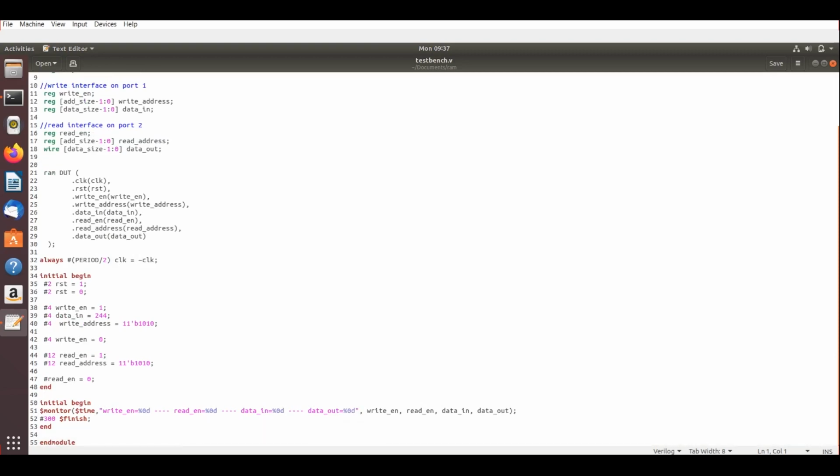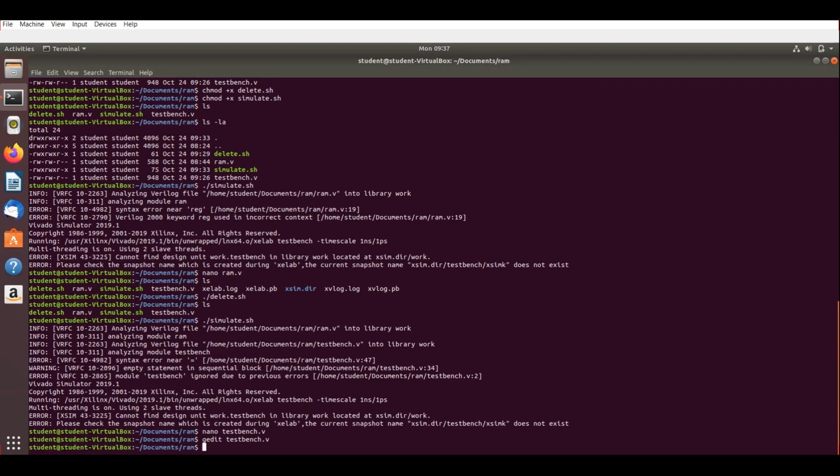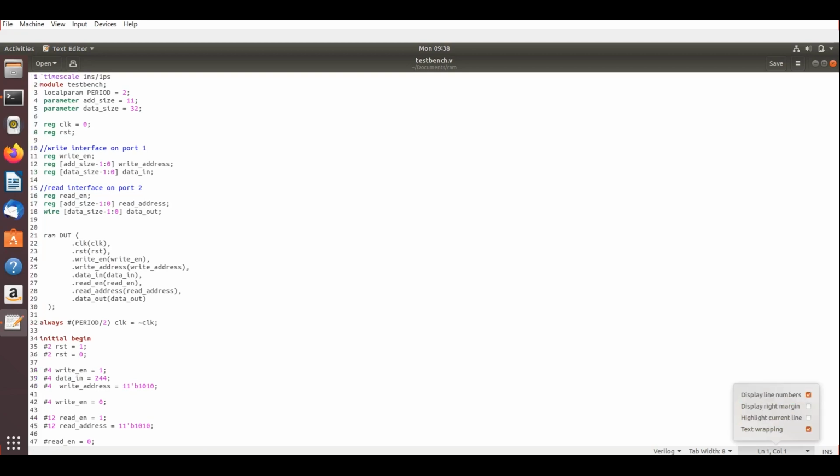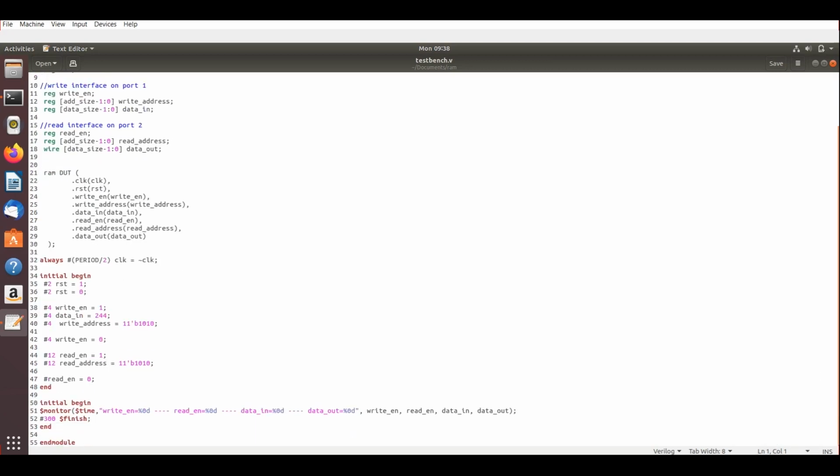So let me check again. Syntax error on line number 47 near this equal to. I don't know where the problem is. Near line number 47, it might be there, or somewhere else, it might be at the bottom or